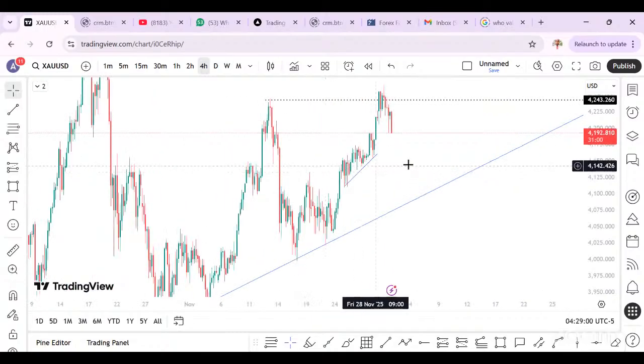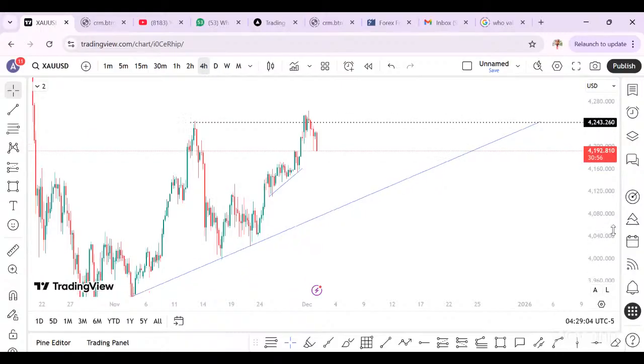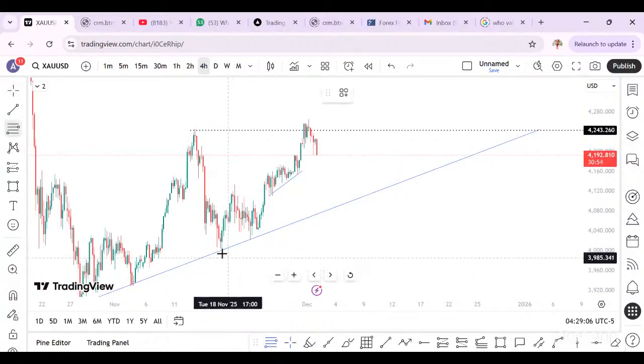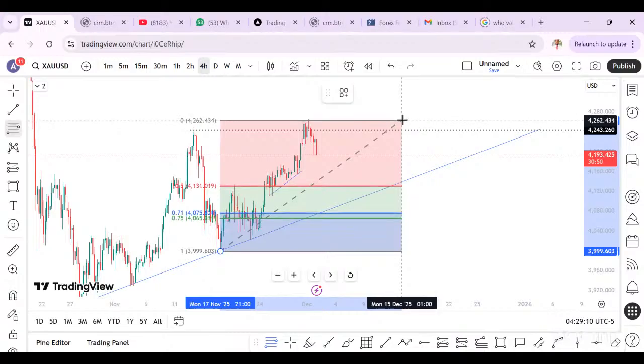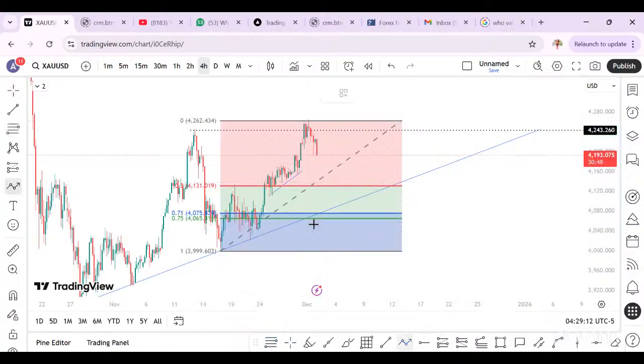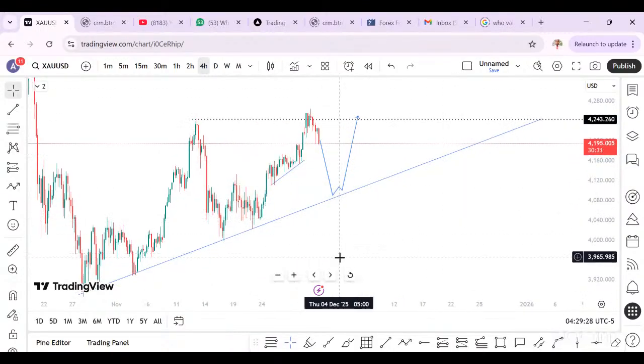So I love this guy to come down more. So here now is our swing low to our swing high. Right. So the more gold comes down, the more it's good for more money to be made. Yes. The more it comes down, the more we're going to make when we start buying. So that is my projection for gold.